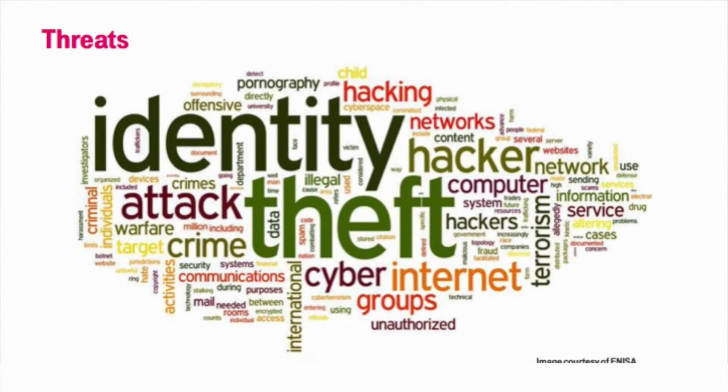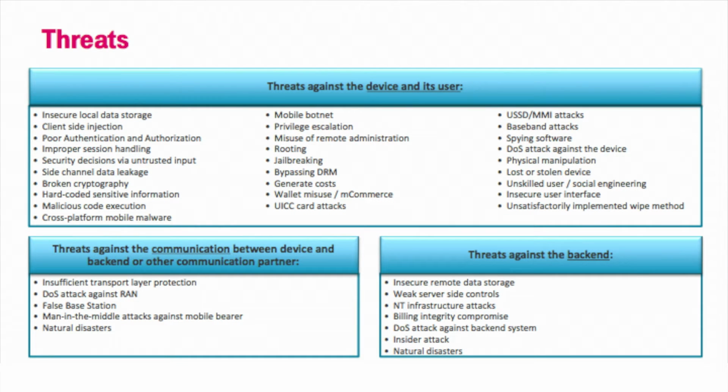So what are some of the threats involved in the mobile space? It's a scary world out there. So all kinds of doom and gloom. We'll get to some of the good stuff in a little bit, but there's a lot of threats. These are some examples of threats to the mobile device. Got some on the device, got some with the back-end communication between the device and the network, and then you got the back-end system. So the items that are listed on the top left-hand side, I believe there's about 10 or so, those actually come from OWASP.